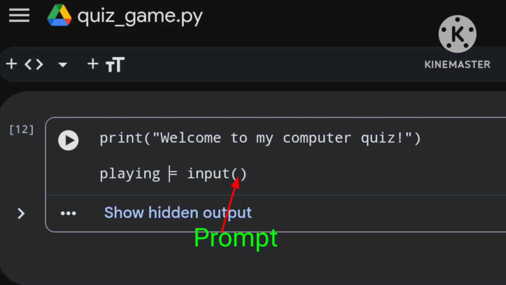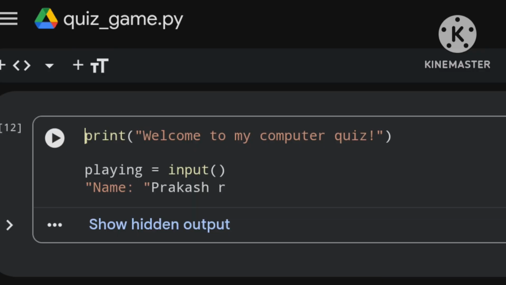The prompt is what appears before the user can start typing. For example, if you are asking the user for their name, you may have the prompt be name, then a colon, and then maybe a space, and then right after this space the user could start typing whatever their name was. So in my case